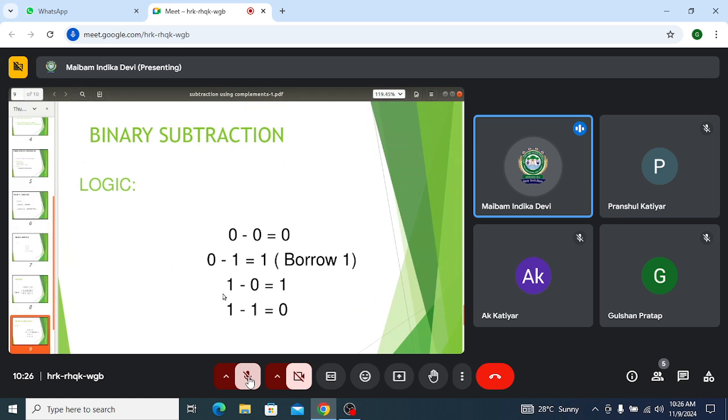Now let's see binary subtraction. 0 minus 0 is 0. This is understandable. 1 minus 0 is 1. 1 minus 1 is 0. Everything is easy, understandable. Now 0 minus 1. Okay, have you done in your lower classes when you say 1 minus 2? What is the result you get? When I say in decimal number, if you want to subtract 9 from 1, 1 minus 9, you assume that 1 to be 11, right? And then you subtract. Yes.